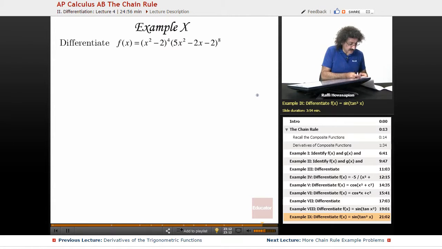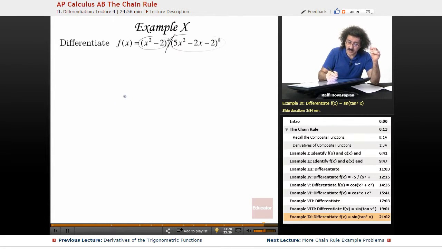And this last one, at least for this particular lesson. So here we have a product rule, and we're going to have chain rule here and chain rule here. So f prime of x is equal to the derivative of this times this. Well, the derivative of this is 4 times x squared minus 2 cubed times the derivative of what's inside, 2x, times this, which is 5x squared minus 2x minus 2 to the 8th power,